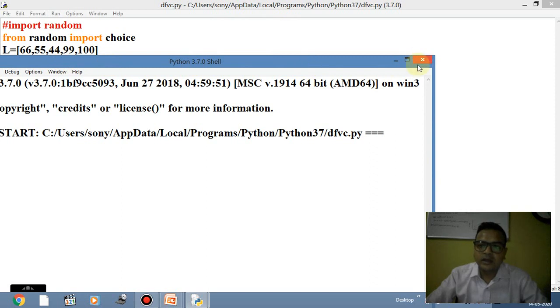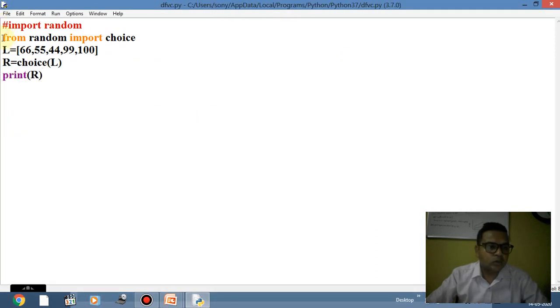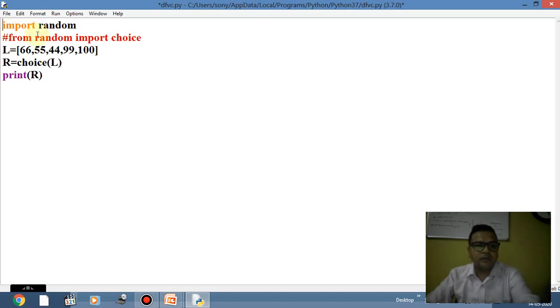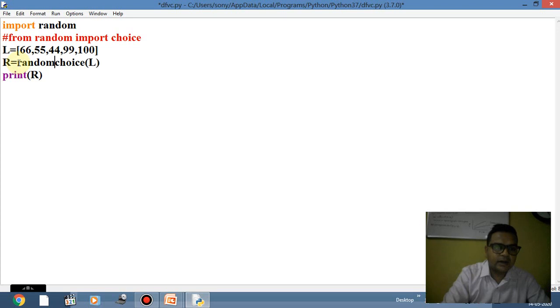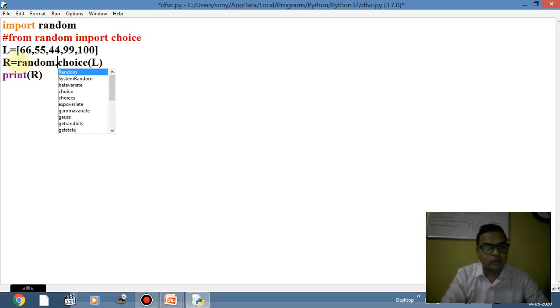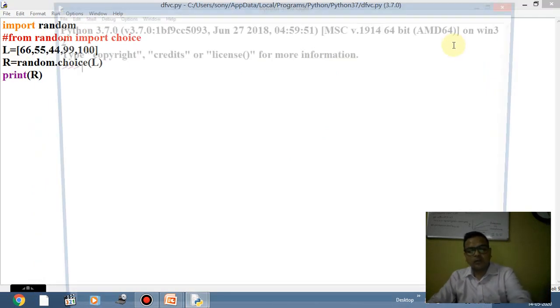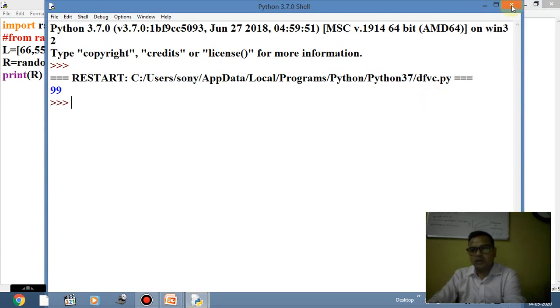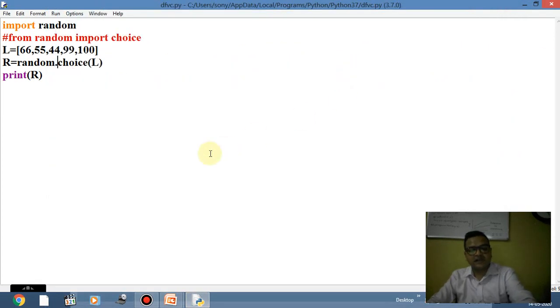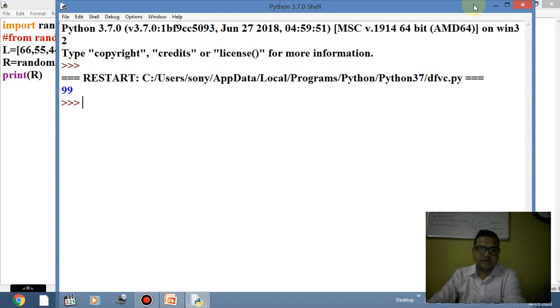Clear? Alternate method is, if I'm not going to use this importing method, I'm simply using import random. So what I will do then, I'll use random, module name dot function name, random dot choice. That again will work in the same way. Again here the answer is coming 100. So जितनी बार आप प्रोग्राम को रन करेंगे, it will have some different sort of value. So randomly कोई भी एक वैल्यू को डिक्शनरी से या लिस्ट से हम एक्सेस कर सकते हैं.